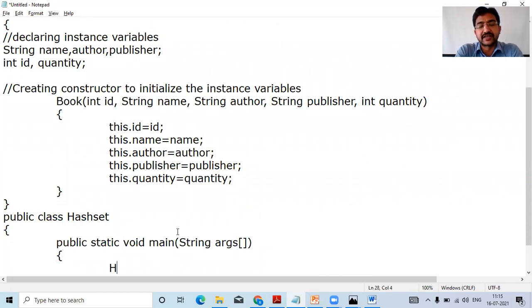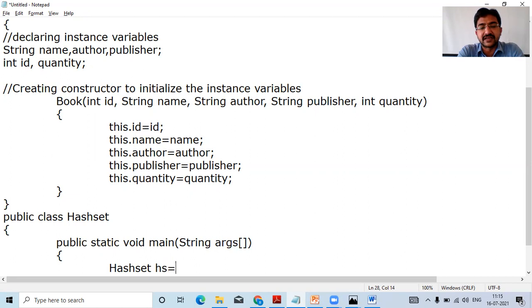So we have to create a hash set. How to create a hash set? What type of hash set are you going to create? It is a mixture of that. It is a set of, we can create it as a string or integer, whatever type of hash set you want, you can add it. And remember, you are going to be creating a hash set object for the instances b1, b2, b3. Okay, you can create the object for this one.